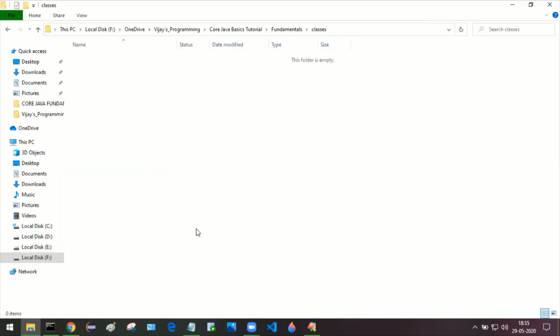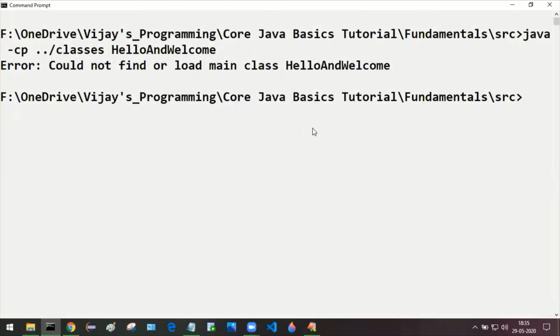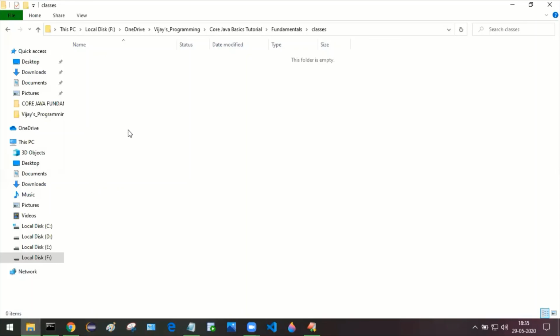By using that -d and double dot forward slash classes, we had generated that dot class file here. This particular class only we are going to execute from the src folder. So first I'm going to compile once again, and as a result, we will get that dot class file generated inside this classes folder.